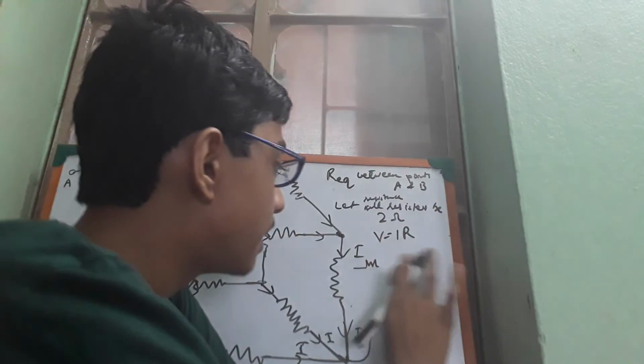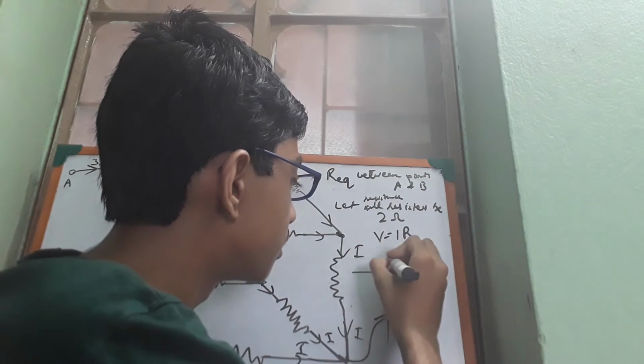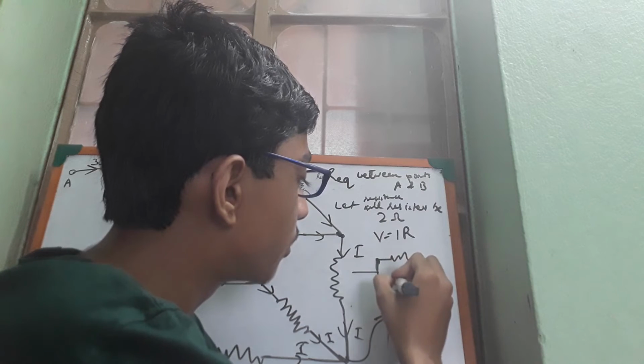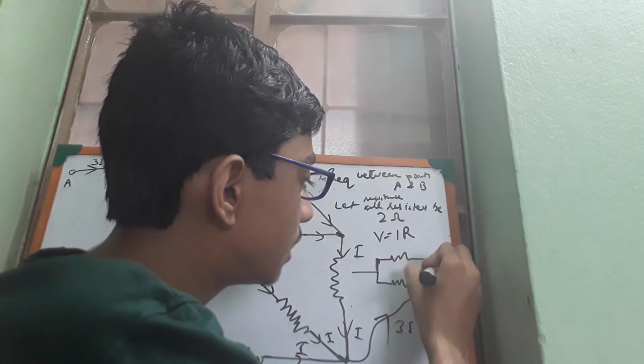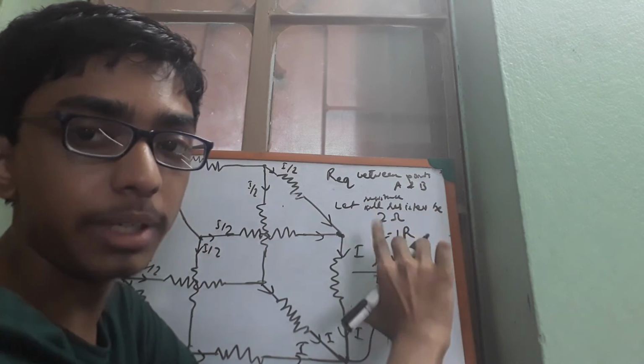But if we had a parallel connection, let's suppose I'm taking the simplest possible diagram. Here I have one resistor and here I have one resistor. So as you can see, the connection is parallel because the current is breaking itself into two parts at this point, right? It's breaking itself into two parts.